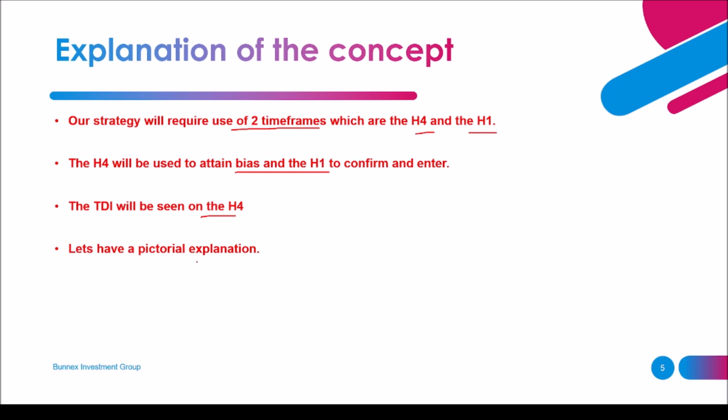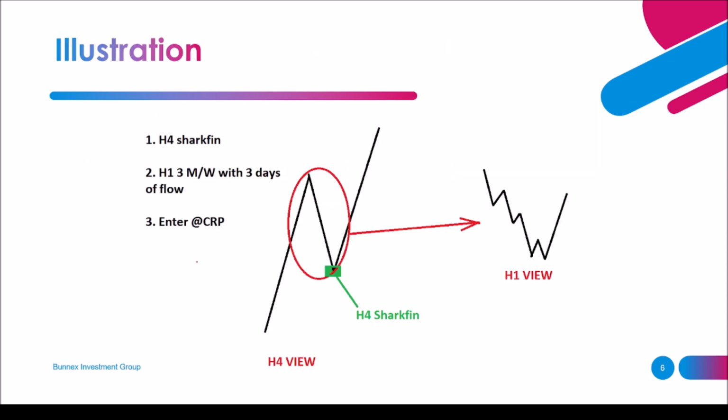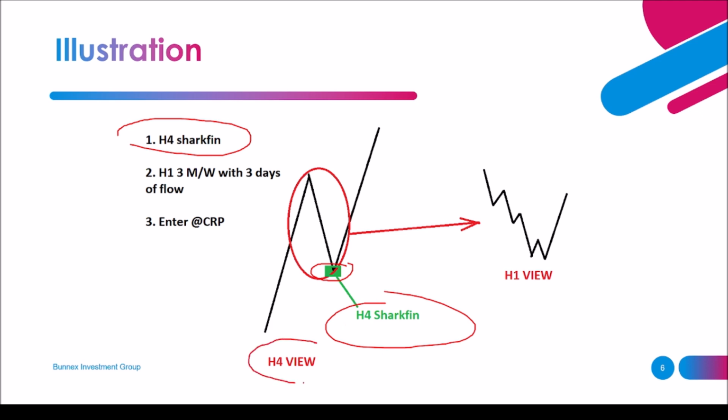Let's have a pictorial explanation of this concept. Basically, the first step is to see an H4 shark fin. If we see the market piercing outside the bands, as I showed you just a minute ago, we prepare ourselves. So in this case, we are illustrating that we need to see an H4 shark fin, and this will be on the H4 view. The second thing is we need to see H1